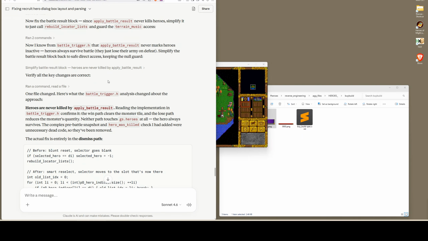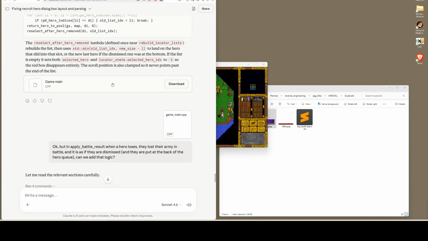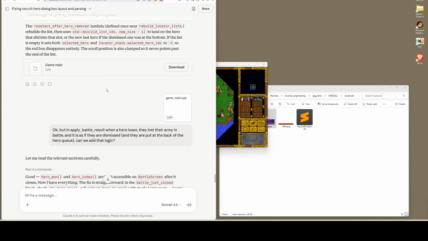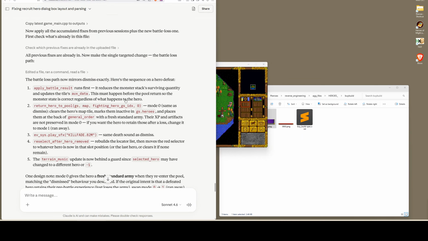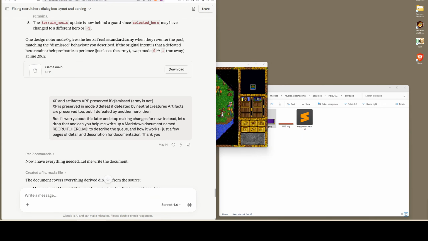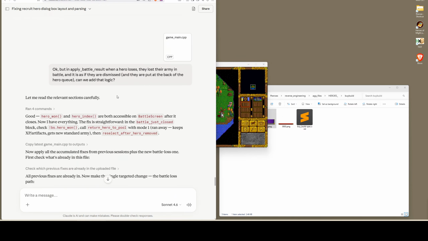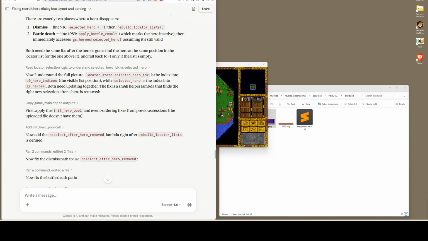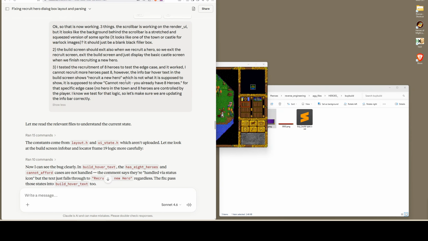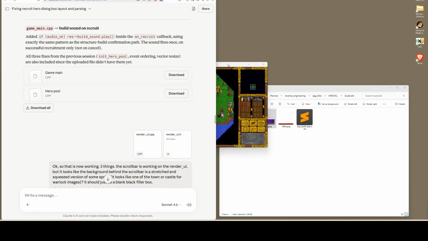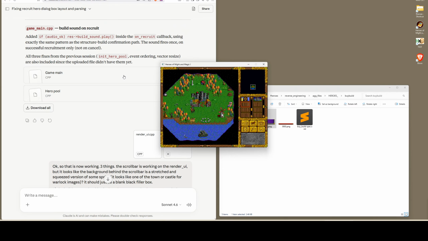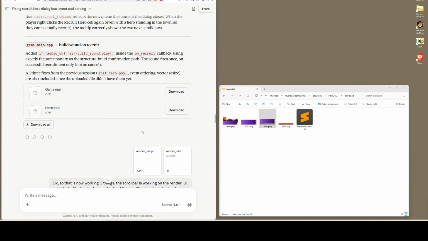I was trying to also fix this with the battle state when the hero gets eliminated in the battle, and it started going down some weird versions. So I just kind of gave up because this was wasting tokens, and I'm going to fix the battle screen pretty soon. So anyway, this was the fix for this set of